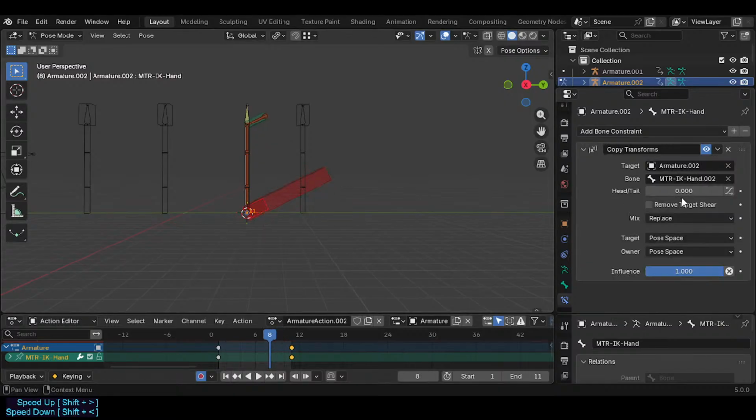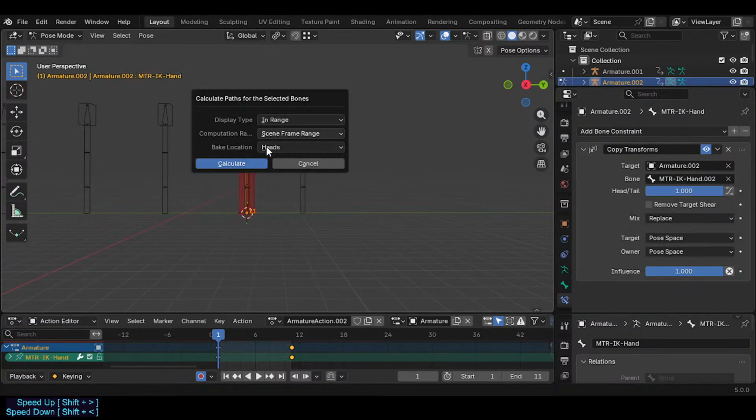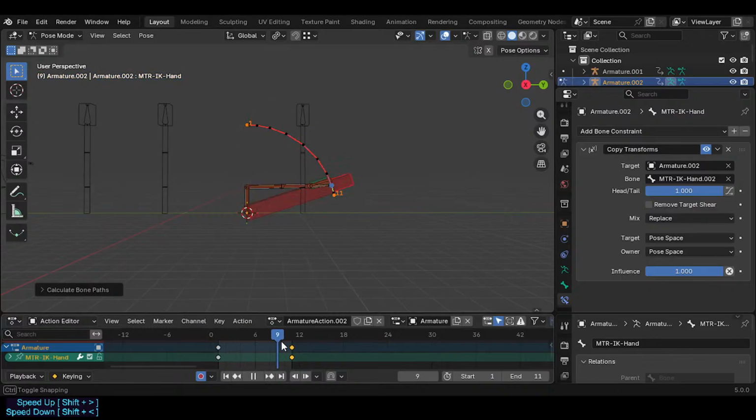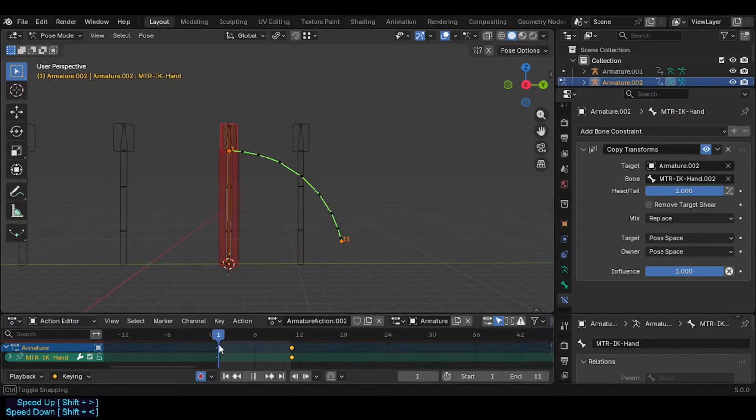But except that on the tail, right? And so that means that we have a perfect circular arc of motion for this bone, and then we can disable this, and now we have what would be a linear, yeah, because it's trying to reach the same position. Yeah, so we can change. What if you do this? We got some crazy